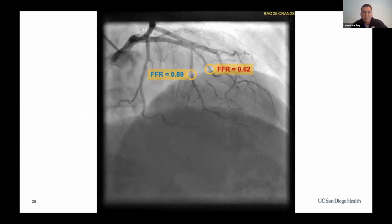So the mid LAD, right after that lesion, but before a segment of bridging, had an FFR value of 0.89. I think that's a very interesting result, because you might look at this mid LAD lesion and think, that's not severe. That's a lesion I would ignore. But an FFR value of 0.89 is definitely abnormal. I mean, it's not 1, so it's also not less than 0.8. So this lesion is solidly moderate, and only by using FFR information can you determine that it's right between